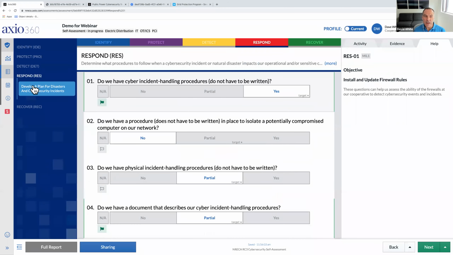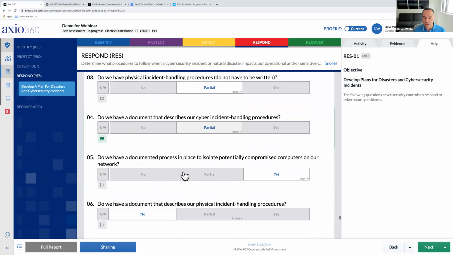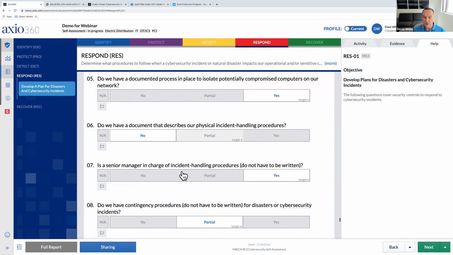Respond only has one objective, and it is about developing a plan for disasters and cybersecurity incidents. And it starts with a simple question of, do we have incident handling procedures? Notice this is a MIL1 question in RC3. And these don't have to be written, right? Do we have a procedure? It doesn't have to be written. And then down below, we'll see, do we have a written one? And are we